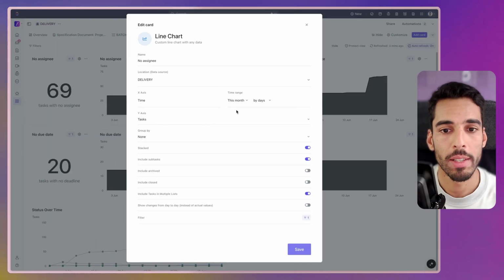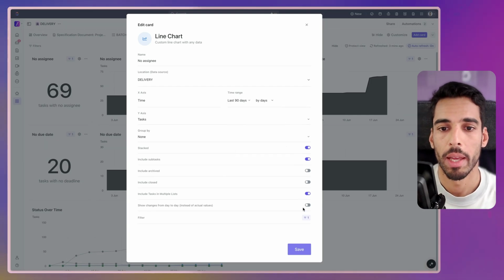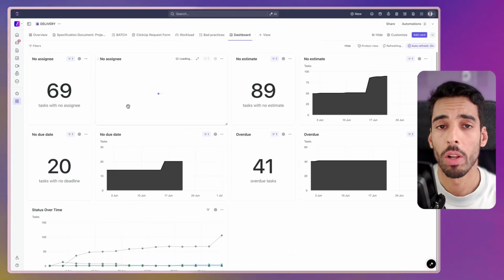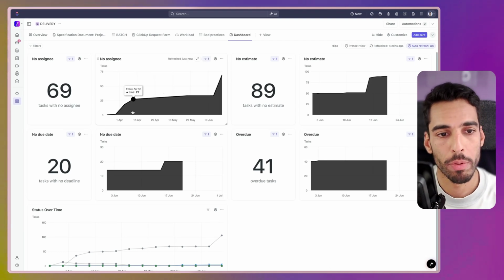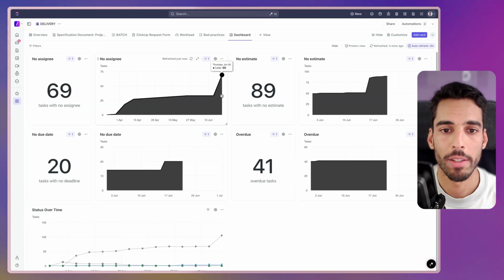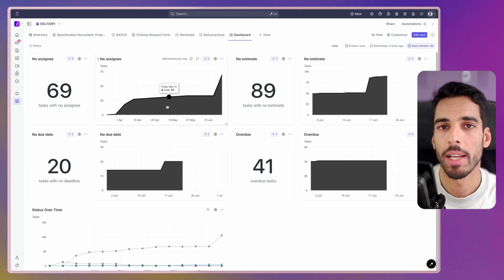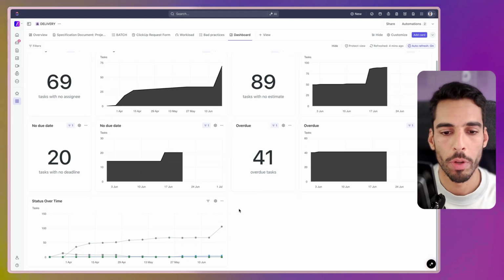If I go into settings, in terms of time range, I can replace the month by a rolling period of 90 days, for example, and have it by weeks. And that way I will see my data over a longer span of time. This pulls data since March. We're in June. It's already 90 days of data. Depending on what you want, you can adjust this to 90 days, 30 days, 360 days, up to you.